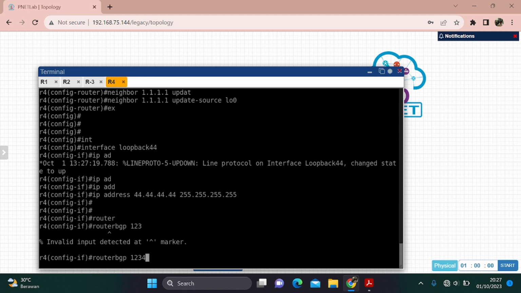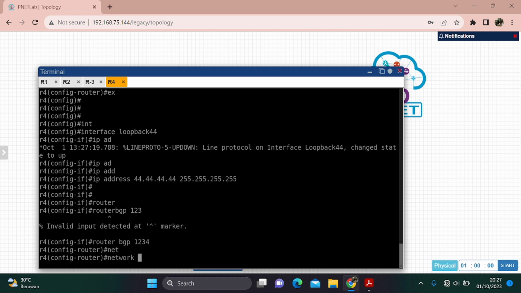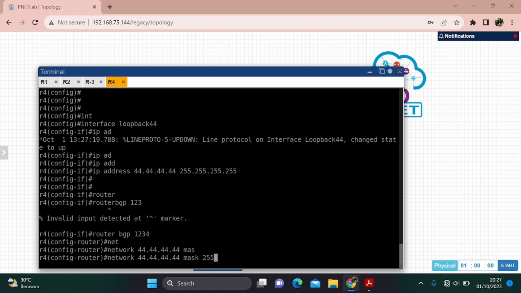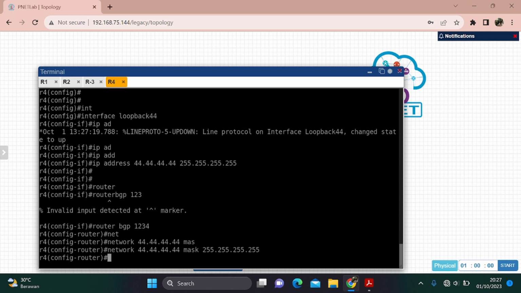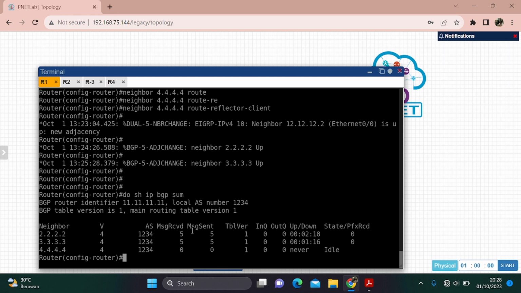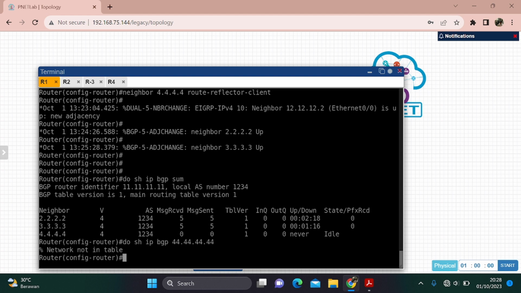And then we will ping from router 1 to router 2. We will check BGP. Wait a second.